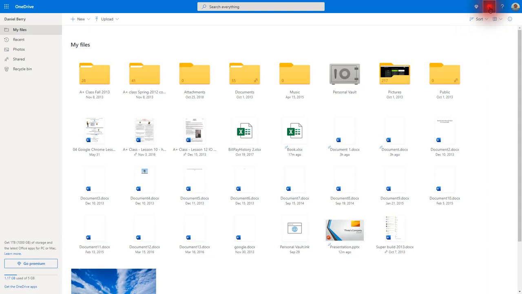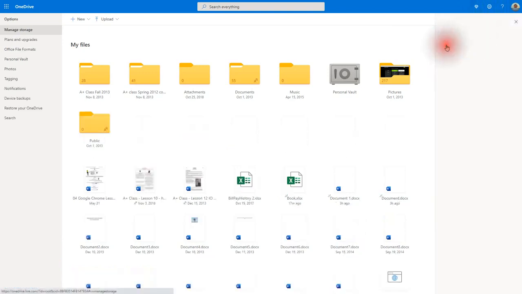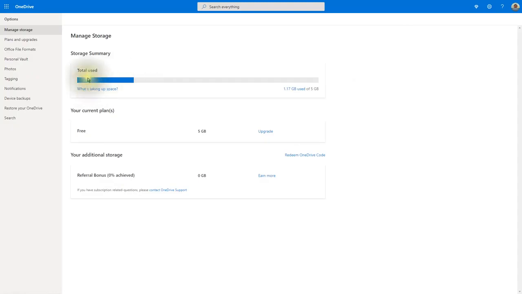If I go into settings, here's my options. So I click on options. You notice it shows how much you're using. I'm using, of course, the free one for 5 gigs. Shows me options to upgrade, and there are such things as redeem codes that you can actually find online. And if you find one, you can just simply click right there and then key in that code or copy in that code, and you can get free upgrades.